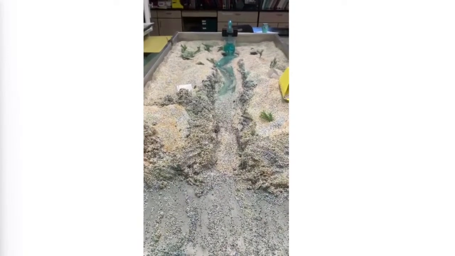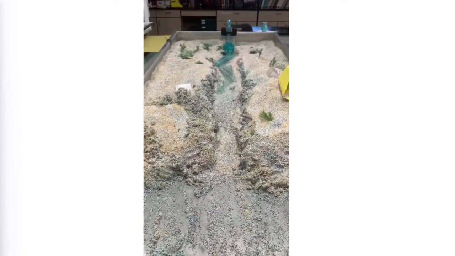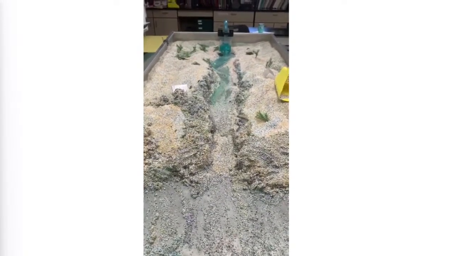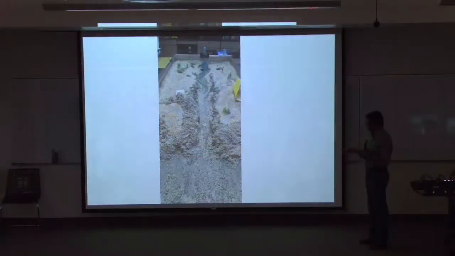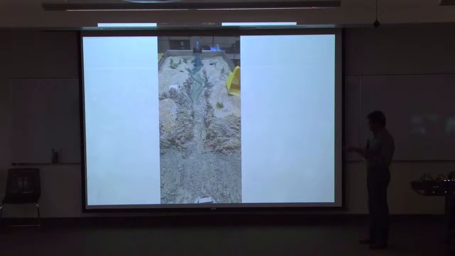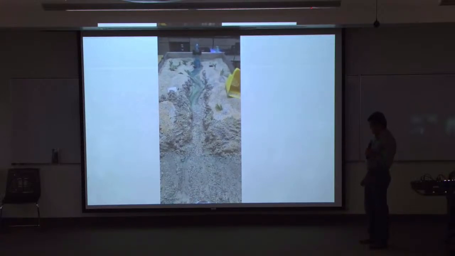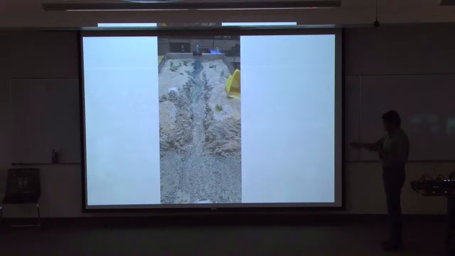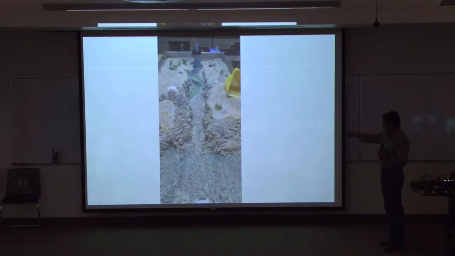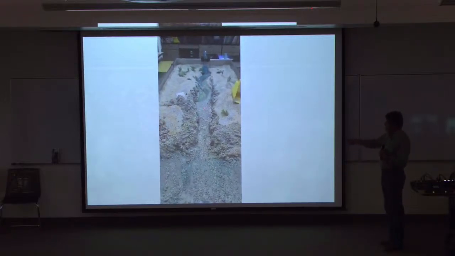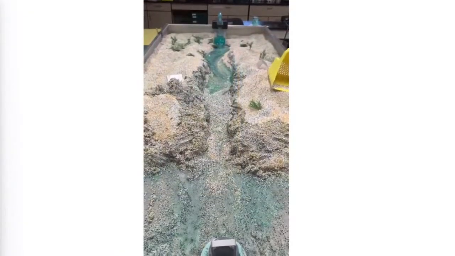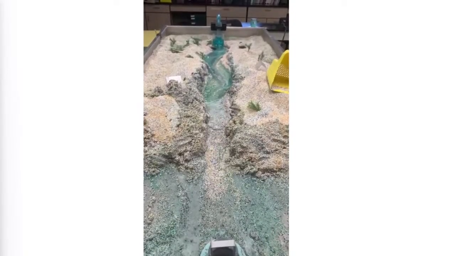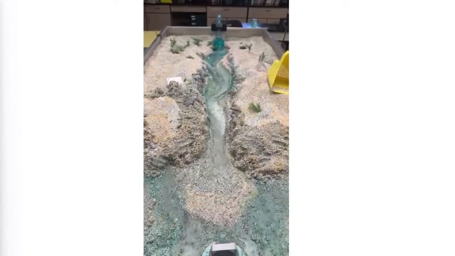So the water is flowing through this confined channel at this point, and this is where it would emerge from confinement. The valley wall will end at this point, and you'll notice that as that's happening, the channel is picking up sediments higher up, moving them down, and slowly depositing them.